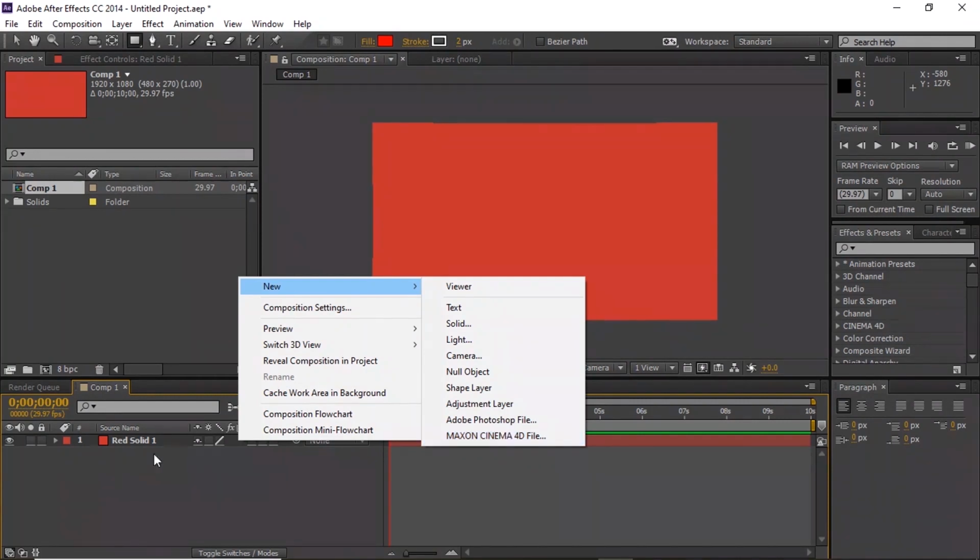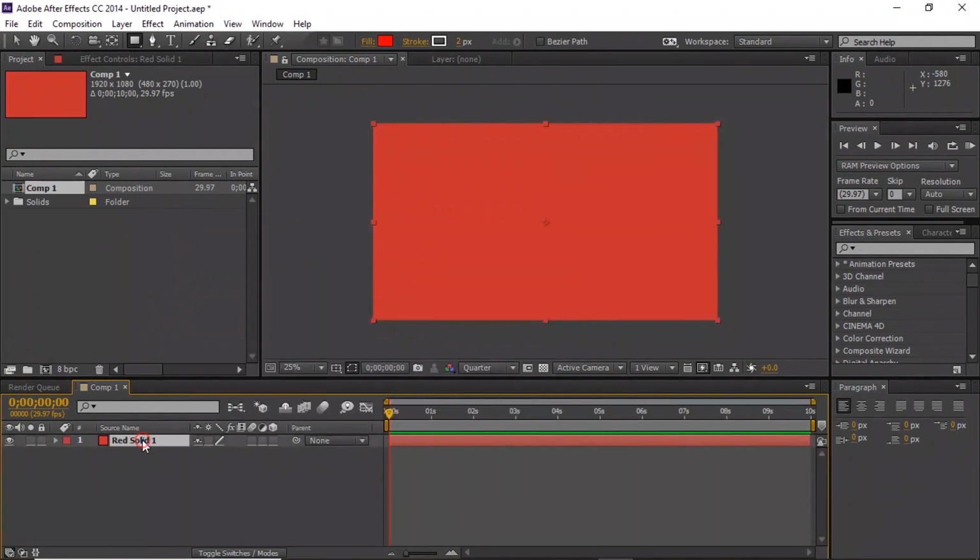Now, if you want to rename anything, you can just press Enter. Like this, you click on the item and you press Enter. You can just type, let me say, solid 1. And you know why we have this kind of marker? It's because the marker has to keep track of your elements. I wouldn't want to make a mistake, so I can just click on this and change the color to any kind of color, and change it to orange,